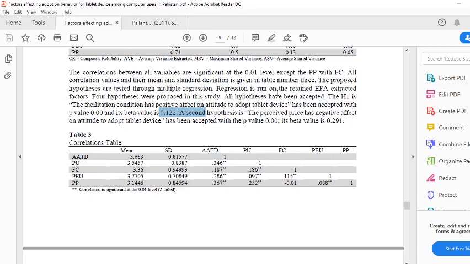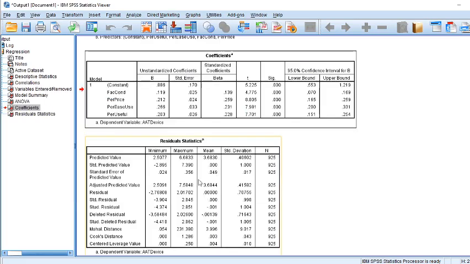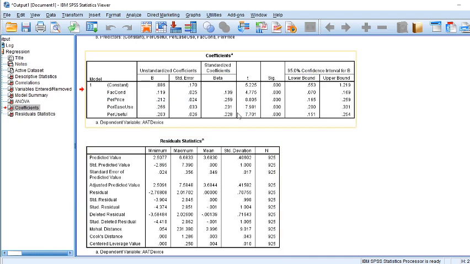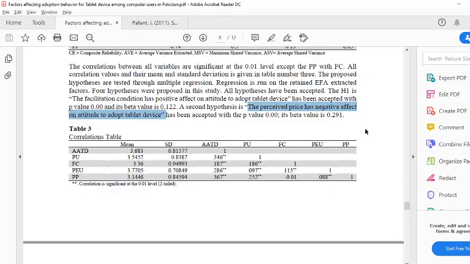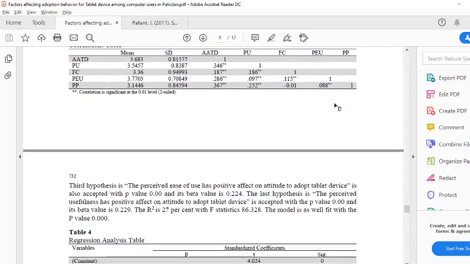So you will write that this is their beta value. The perceived has negative effect on like this, but we don't have any negative effect here in our analysis. So if there's a positive or negative effect, you need to report it in the results. Likewise, you will report all these things, that this is their p-value and this is their beta value, and then